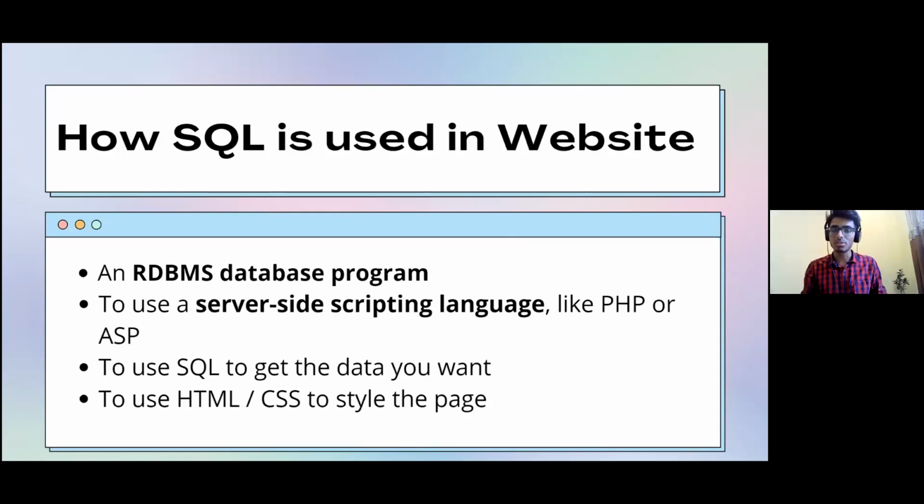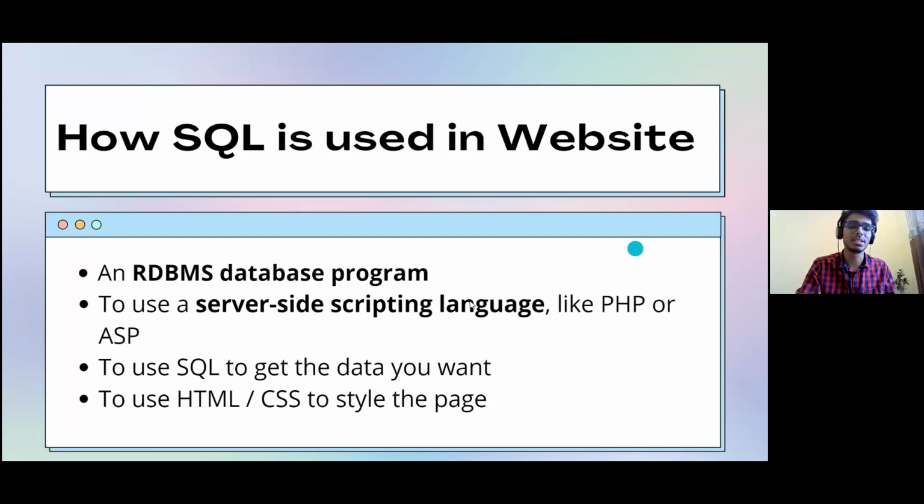Then to work with that database, to create the logic and get the data from the database, we use a server-side scripting language like PHP or ASP.NET. Currently we will be using PHP. There are many server-side languages which are used, but just to start with the basics, we'll be using PHP. To go towards advanced, we can use Express.js and Node.js, which is a combination of a good server-side scripting language. It provides a basic advancement, a secured language which we can use towards a web application.